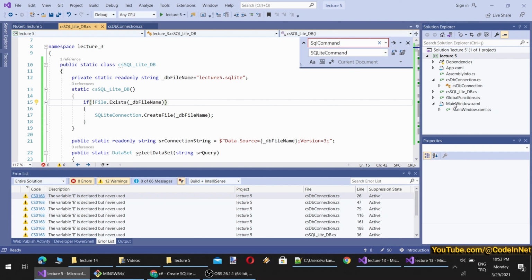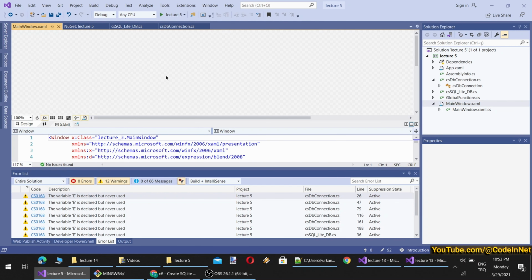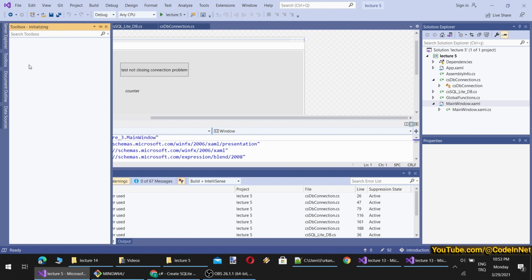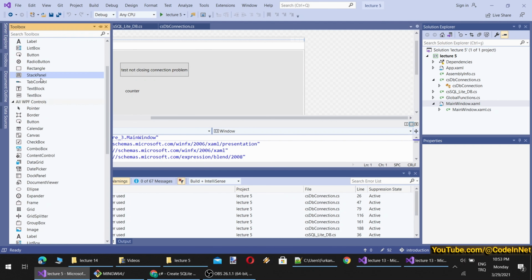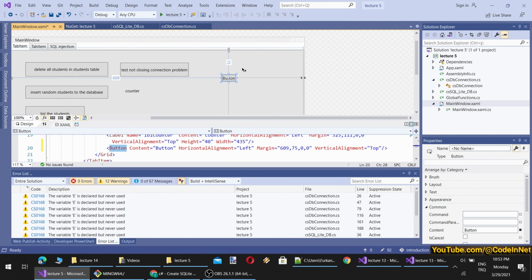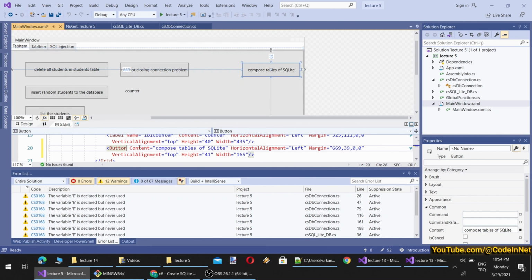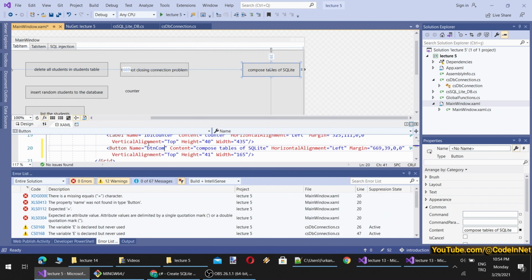So let's write a method to compose our tables. You will also learn that. By the way, the commands are pretty much the same for SQLite and SQL Server. This is the first step of our application. So let's say compose tables of SQLite, and name it compose table.